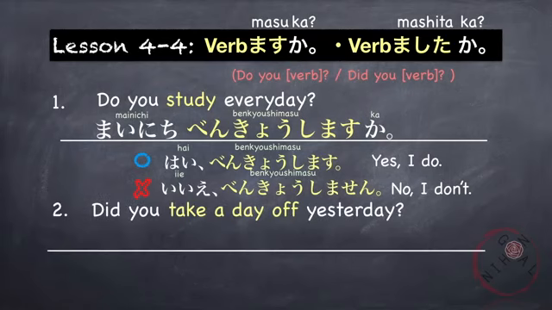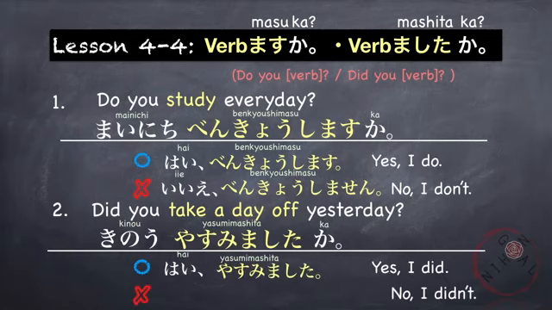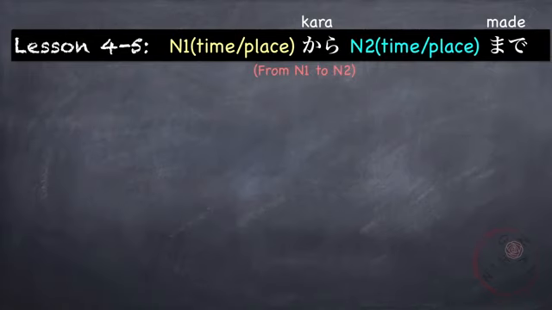Another example, did you take a day off? So this time we are using the verb mashita ka pattern. First, the word yesterday. 昨日 take a day off. 休みました。So this is the past form. So 休みましたか？昨日休みましたか？ Yes, I did. はい、休みました。No, I didn't. いいえ、休みませんでした。